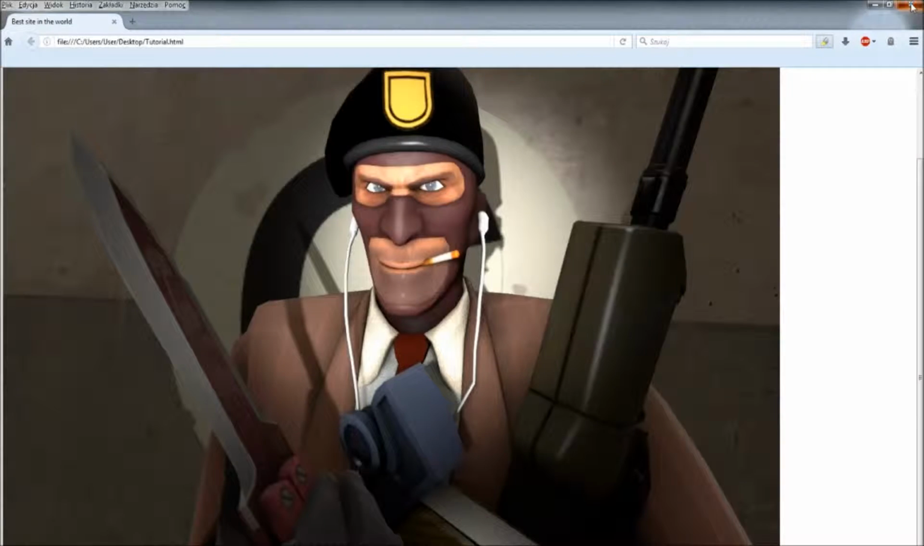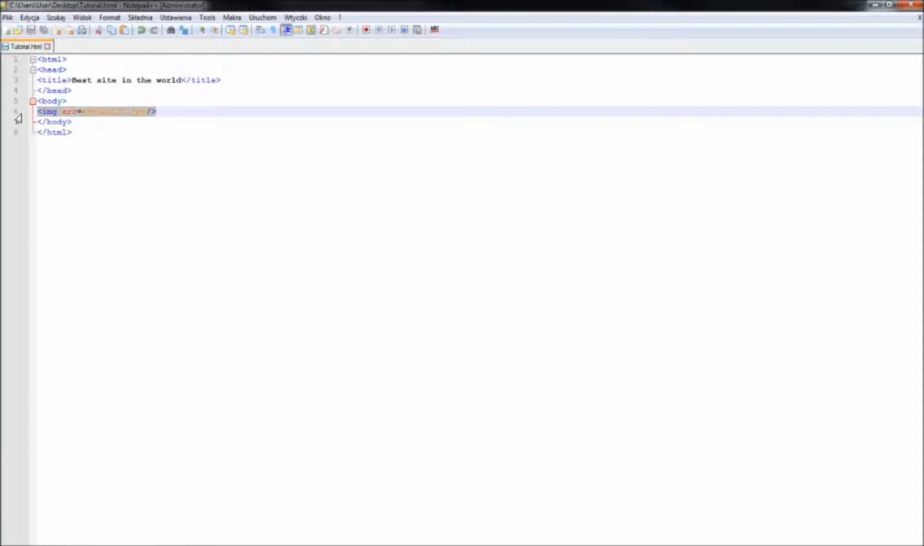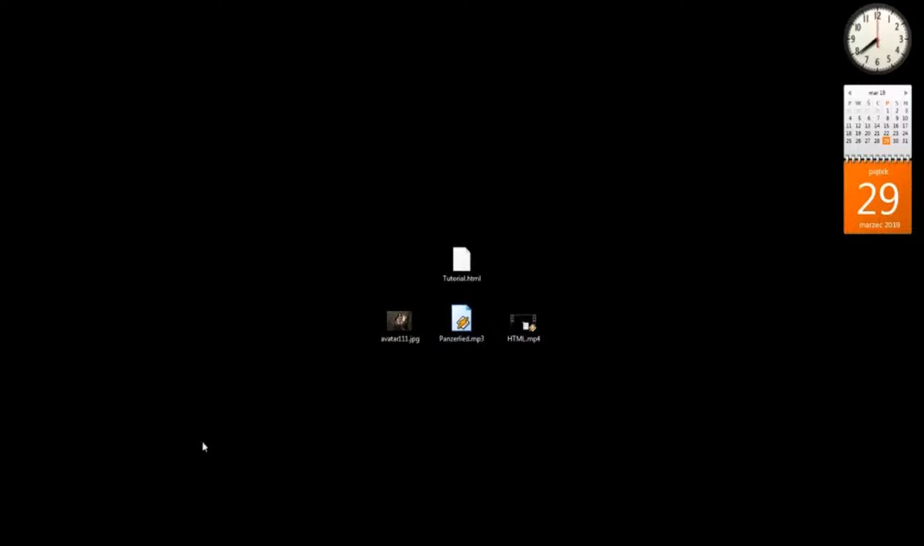Okay, so now we have a picture. So now let's make an audio file. So I'm going to take the music from one of my mapping videos because this was ready music. I didn't even have to search for any other. So let's type audio source equals, then your audio file,